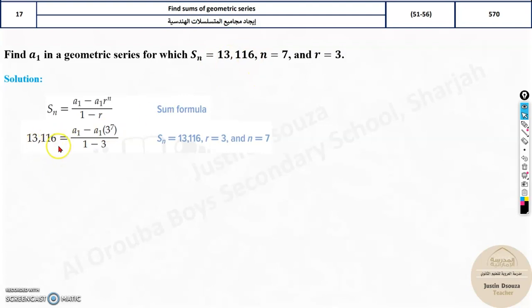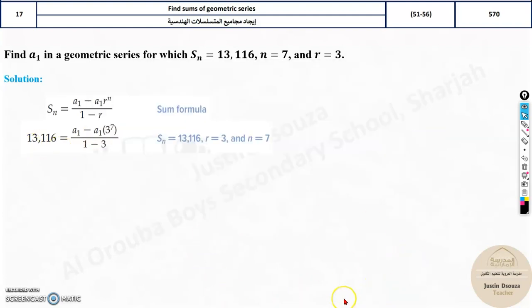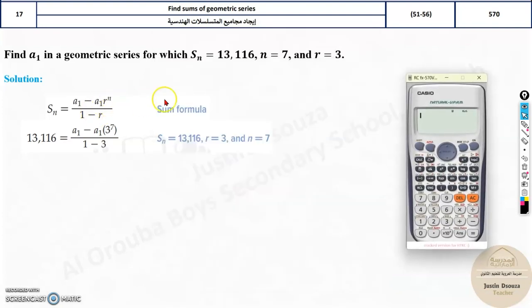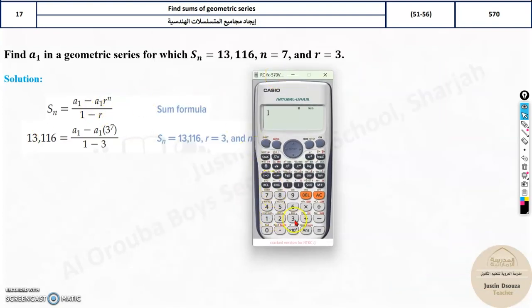Sn is 13,116, and a1 is unknown. But r is known to be 3, n is 7, and just substitute and solve. You can directly solve it in the calculator as well. Now, type this as it is: 13116 equals